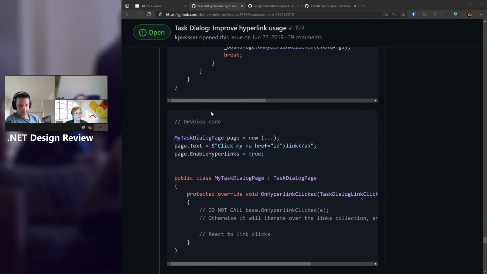So in the unassisted scenario, I don't know where the phrases assisted and unassisted are coming from, but we're just going to have a subclass page, and among the other things that may be on the subclass page, we're going to override this on hyperlink, and all that makes sense to me. Yeah, what I was trying to say is I tried to understand basically the ignoring hyperlinks.